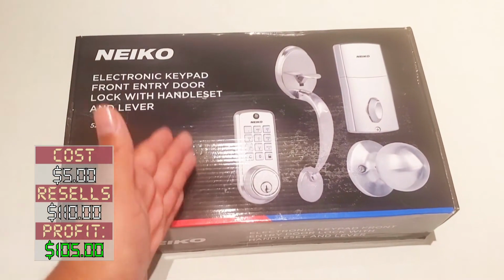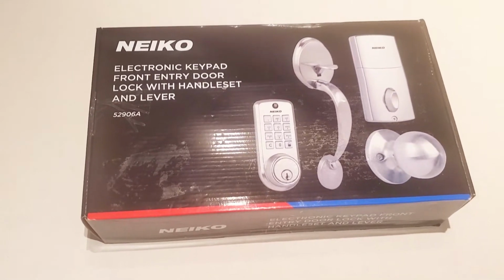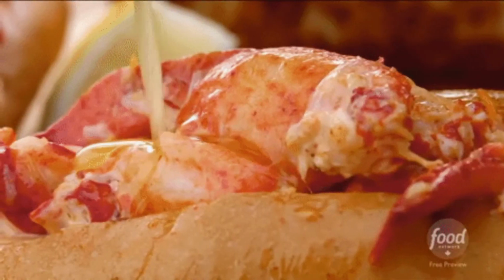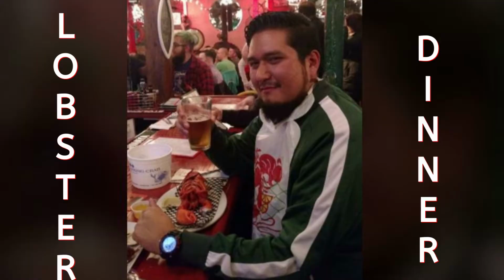These are so great, so popular. They're a little heavy, but they're totally worth the price. And now it's time for the world famous lobster dinner. The lobster dinner is the number one item out of all the items from this episode that is going to give me the highest profit margin. And today's lobster dinner is...